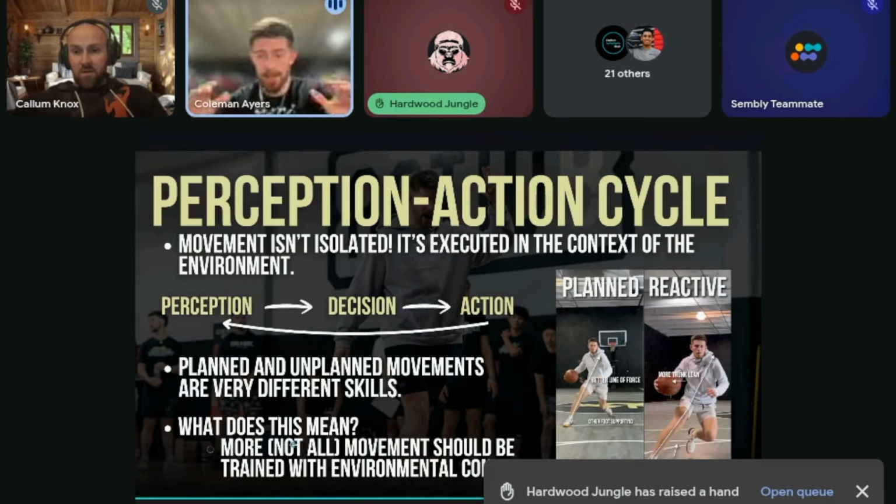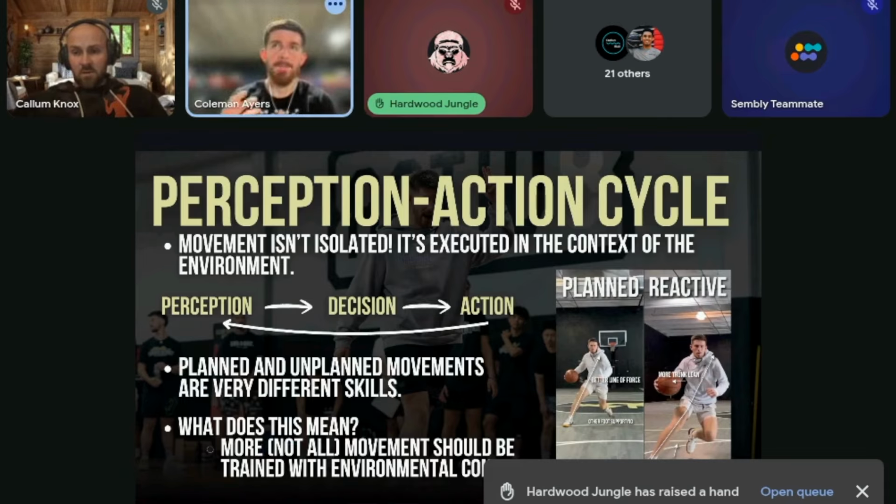So I'm not saying, and the next slide will show you this, that all movement should be trained or built in the context of defenders or a reaction, but more of it should be. When you look at this and you consider how complex this cycle actually is and what movement really is in the grand scheme of things, you start to think, even just logically without looking at the science behind this, which has shown how much more effective it is to train movement ingrained in the environment. You just start to think, damn, am I really preparing athletes for what they're doing in a game, for the types of skills and the problems that they're solving in the game? Most times you sit there and go, maybe not.